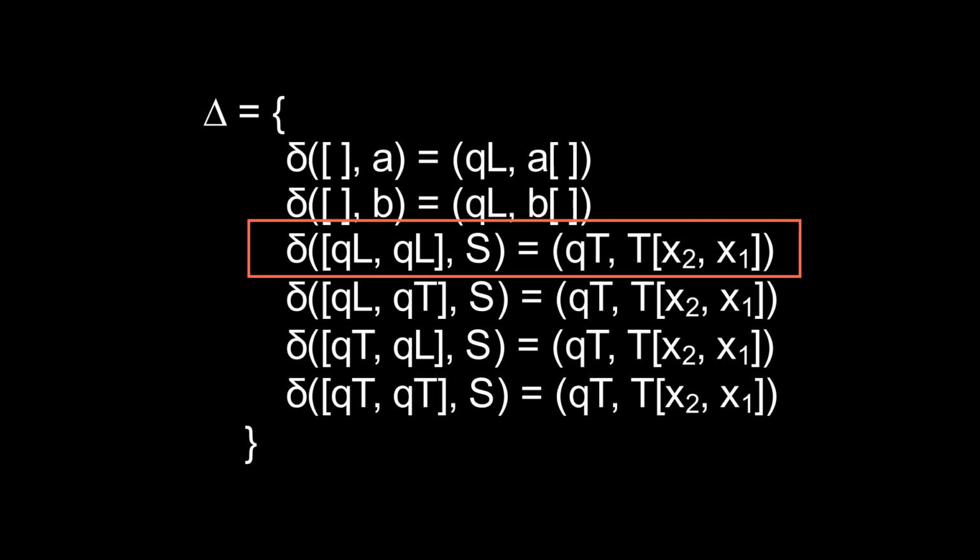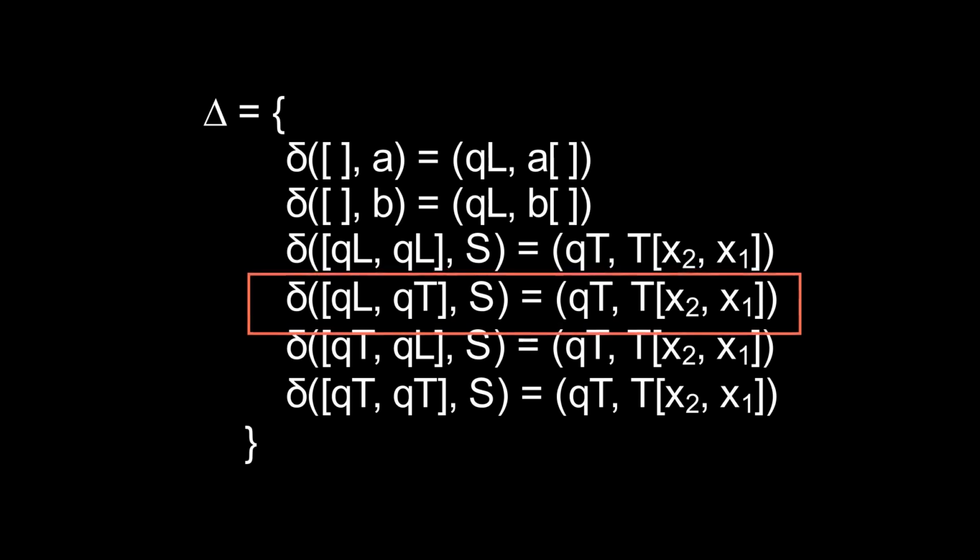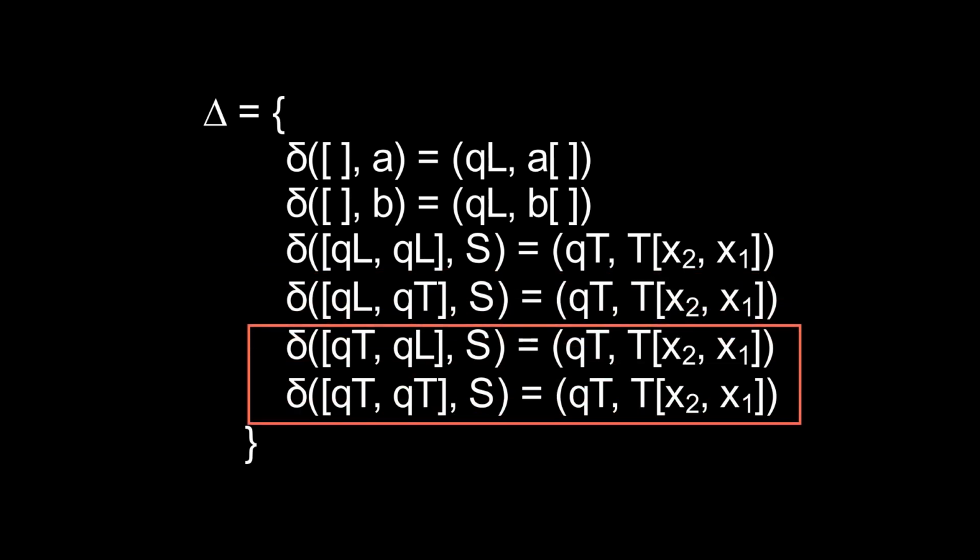reversing the order. The next rule is similar, but handles the case of a left leaf child and a right internal T node. Again, we'll replace the S with a T, and we swap the order of the children. The next two rules handle the other cases and work the same way. Each of these bottom-up rules builds the output tree up from the leaves by putting subtrees together based on those subtrees' states and the label of the parent of the children that were transformed into those subtrees. If this transducer were top-down, we would instead start at the root and add new children based on the input node's children. Let's see how this bottom-up transducer works visually.